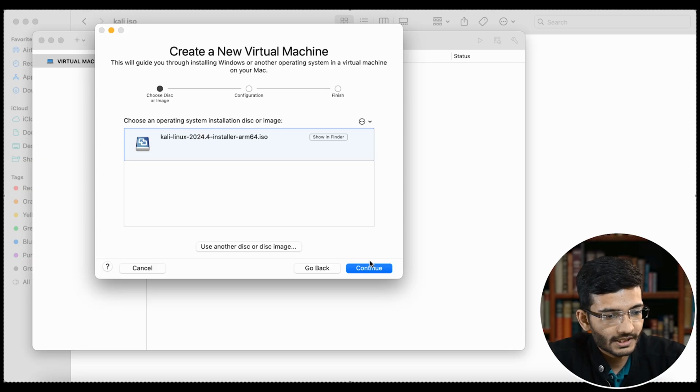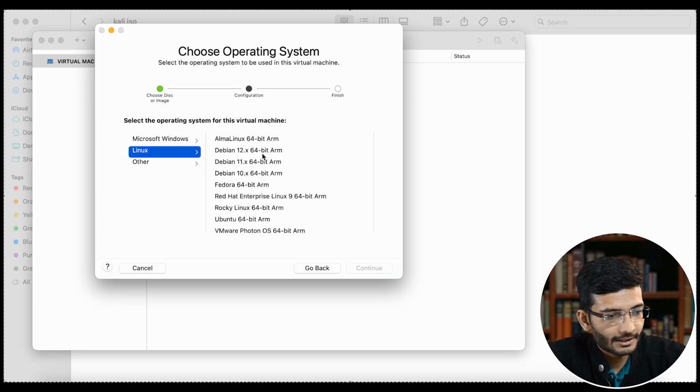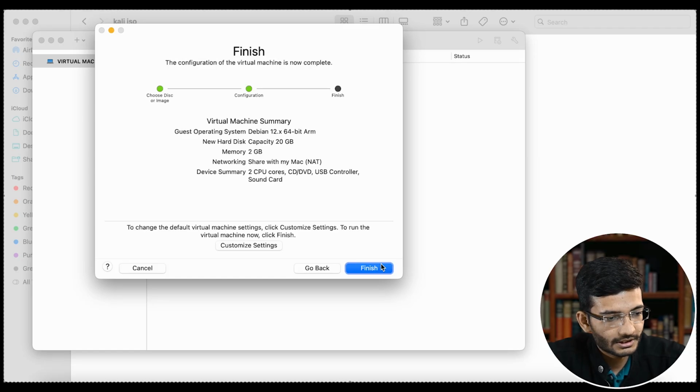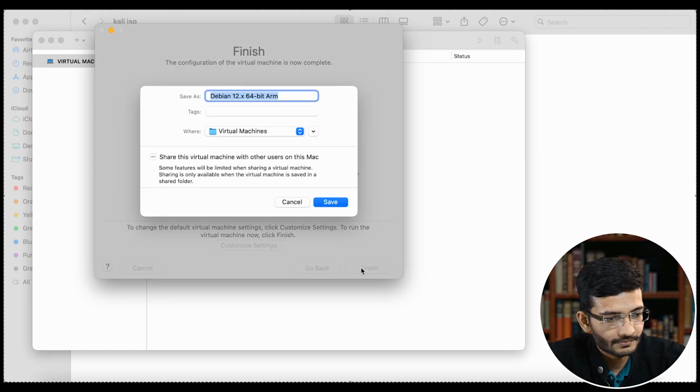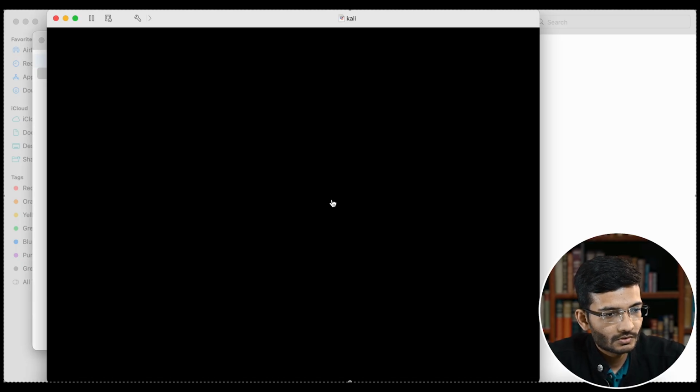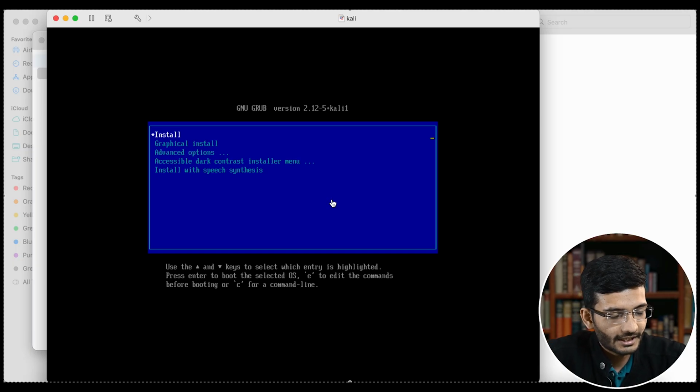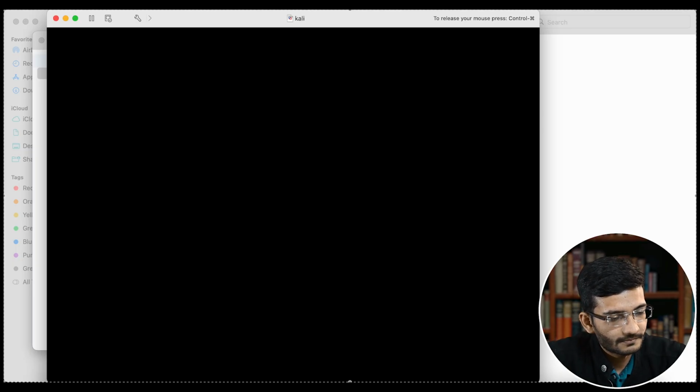Now we have to press continue. I am going to select Debian 12 plus and then continue and finish. Here I am going to rename the machine as Kali and save it. Once the machine is started, I have to press install,